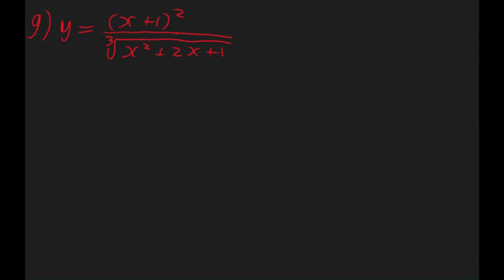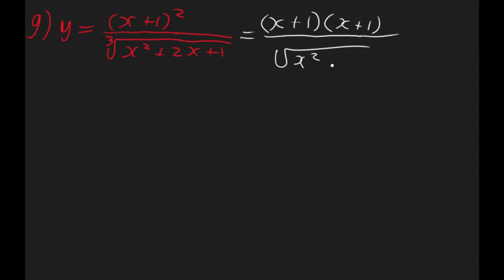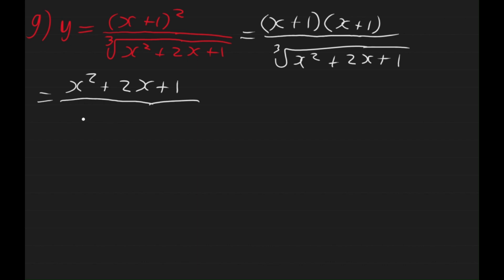Okay, now for the last question. This is just a division rule, but I want to solve it in another way. It needs some experience. When you solve a lot, you will know it. This is just x plus 1 multiplied by x plus 1, right? Over. Oh, by the way, if you just applied the division rule, it's not going to be wrong. It's just that I'm giving tips here, right? And this is equal to x power 2 plus 2x plus 1 over root x power 2, sorry, plus 2x plus 1,